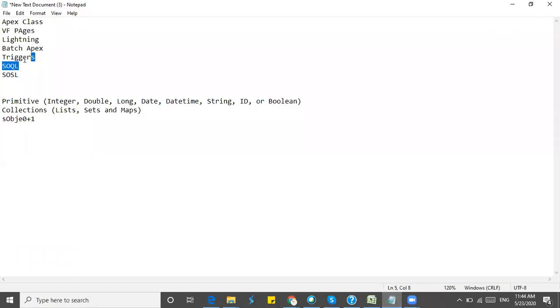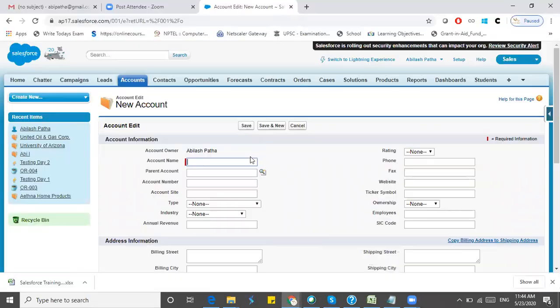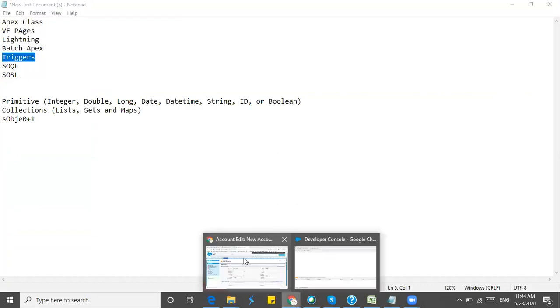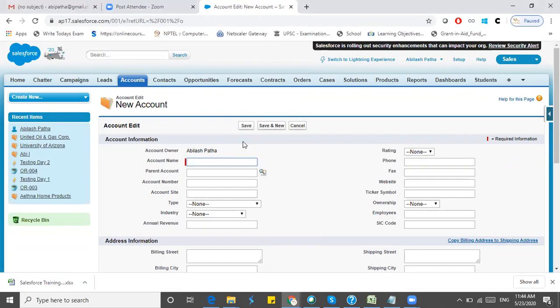So every time you create a new record, edit an existing record or delete any record, at the time of saving or deleting, you can execute a trigger. It will be executed automatically when some action happens at the record level.